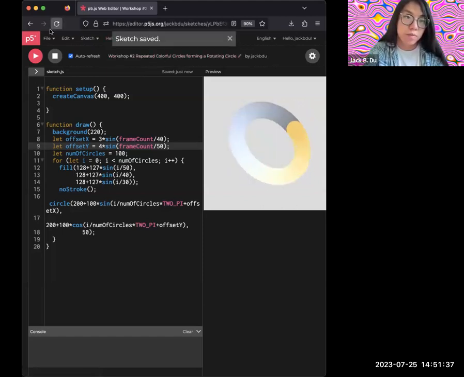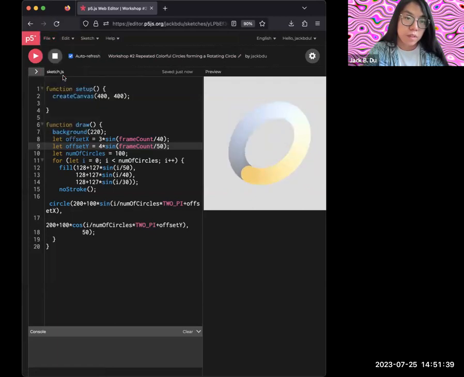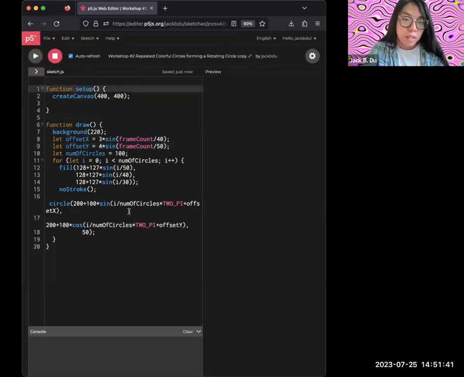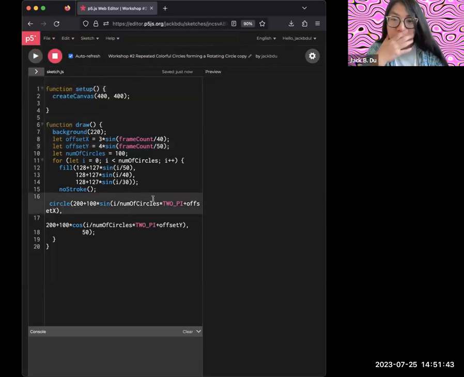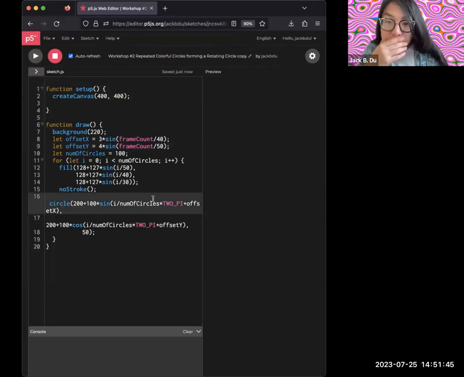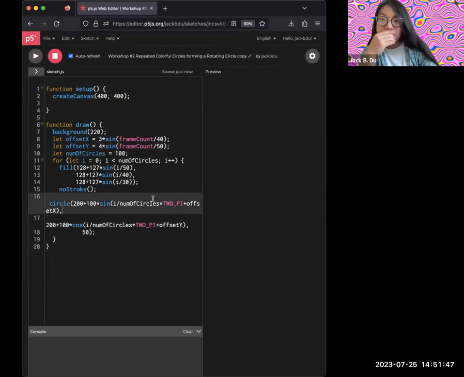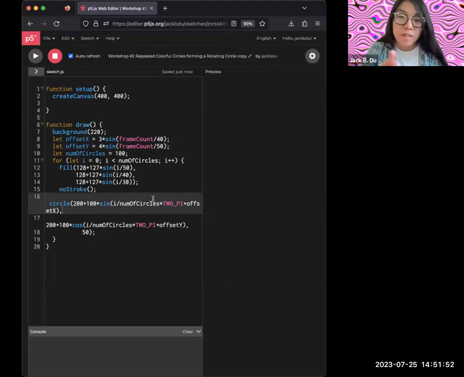And rotating circle. And the part was 2 pi, the part of adding colors. Okay. So